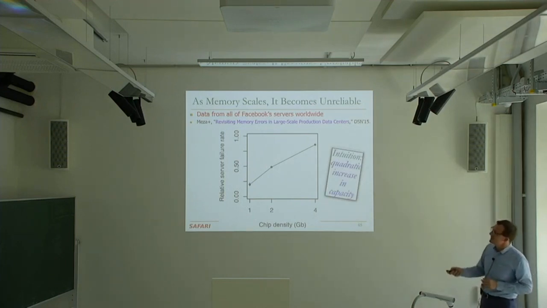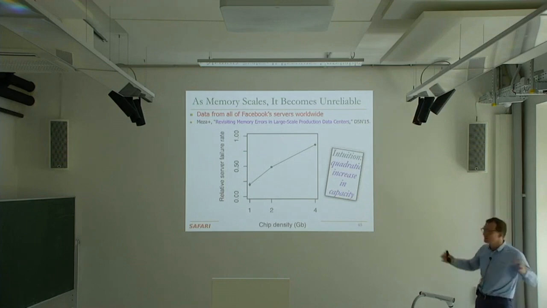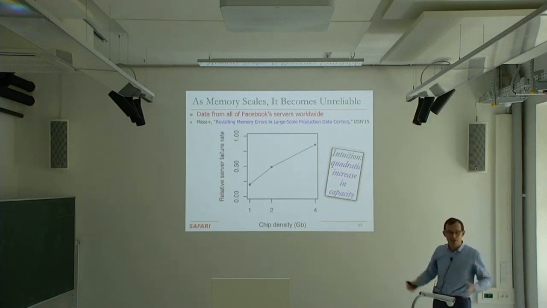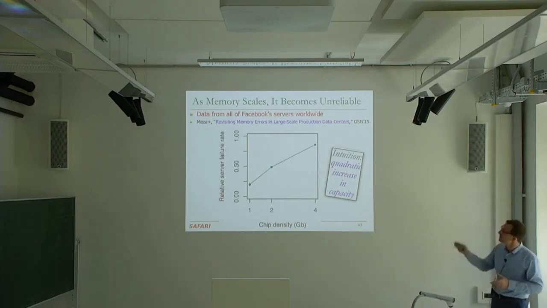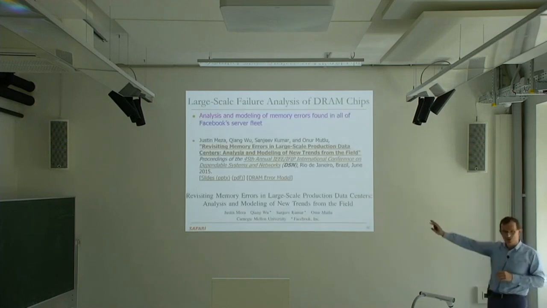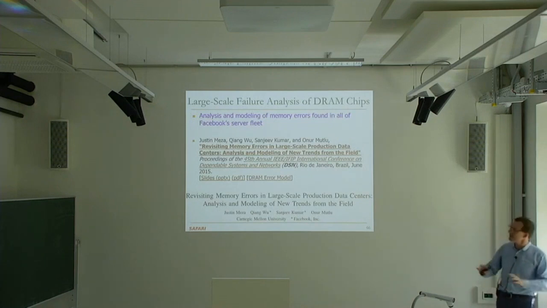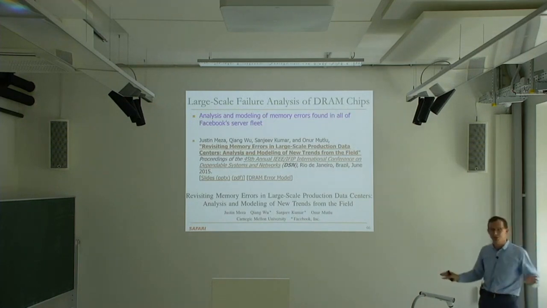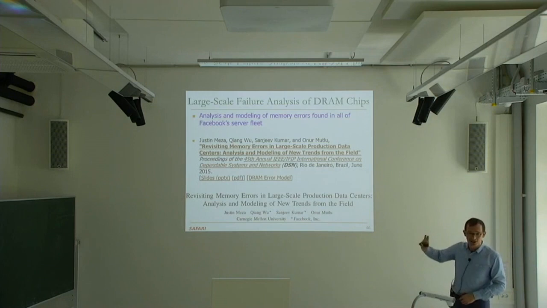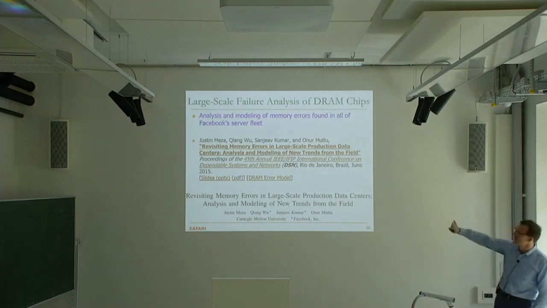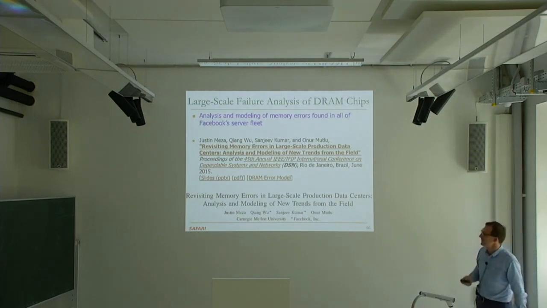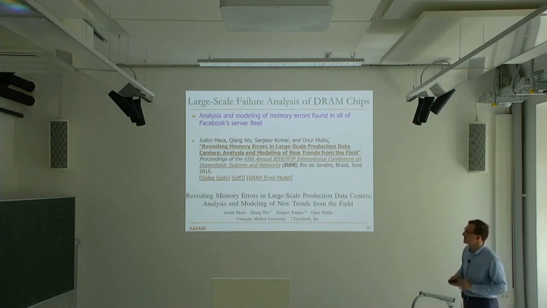And this correlation indicates that because the memory chips are getting denser, cells are getting closer to each other, they're becoming more vulnerable to these errors. And if you really want to know more, even though it's a 4-year-old study now, I think it's actually the largest scale study that's been done in terms of memory errors in the field. There are a lot of other data that we present in this paper. In the past, there was a study from Google also, which was also very interesting, but it was done on a smaller set of servers.